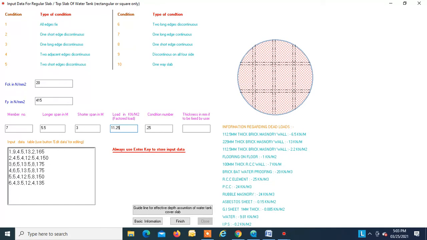Okay, press enter. Condition is 4. Okay, press enter. And sorry, condition is 4. Okay, right, perfect. And thickness is 120. Press enter. Right, now let us give for 8th slab 2,